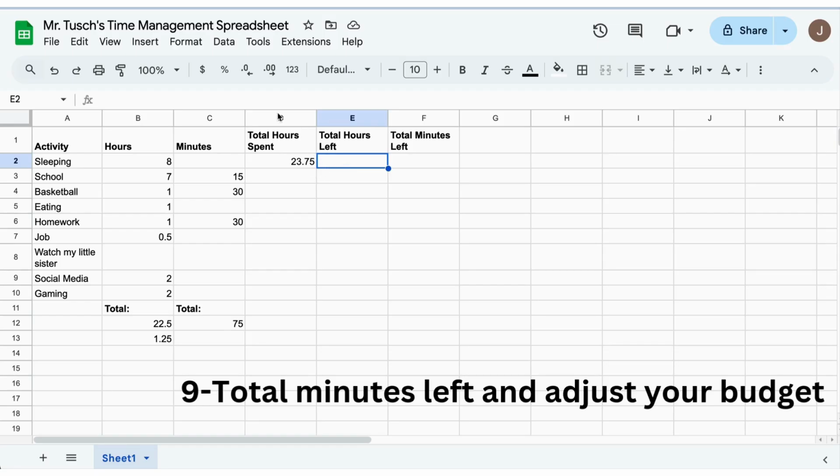And it's simple math. I'm going to go up here to this cell right here. I'm actually going to put the formula up here. I don't have to type in here. I can put it right up here. I'm going to type equals. So I'm telling it I'm doing some math. And I'm going to put in 24, right? Because there's 24 hours a day, minus. And then I'm going to do what's called a cell reference. So you take 24 minus whatever is in this cell right here. Click it, and it puts it in. And then I hit the enter key or the return key. And it says I got 0.25 hours left. How much is 0.25 hours?